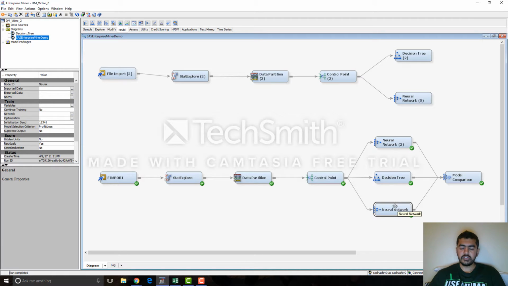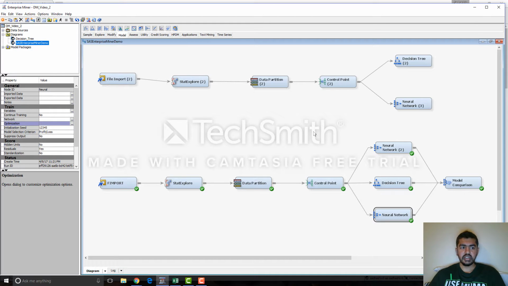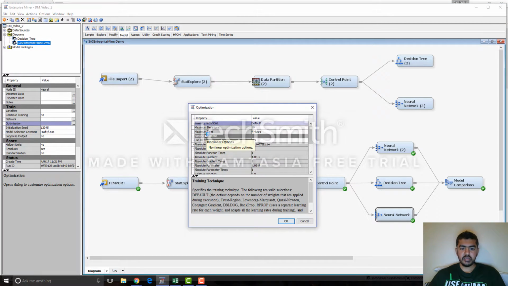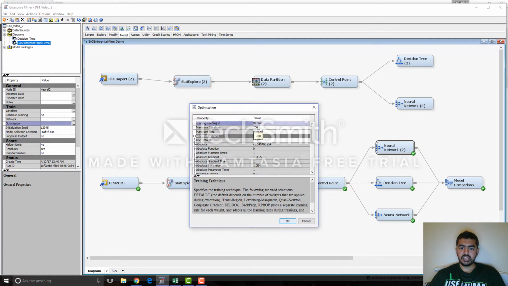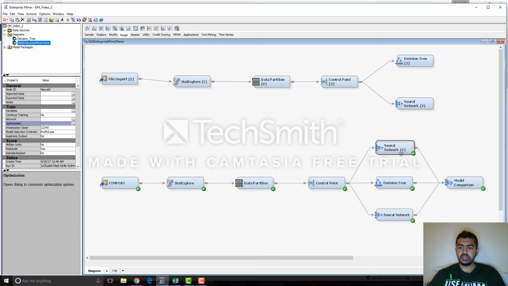Now the accuracy of a neural network can be increased by optimizing the neural network. In this case, when we click on this neural network and click this optimization tab, we can see that the maximum iterations it does is 10. Now I have created another neural network. In this we have the same data set, but in this case we have the maximum iteration set to 200. So when we run this neural network, it will have better results than this particular neural network,